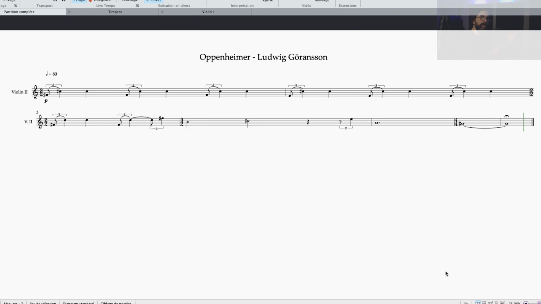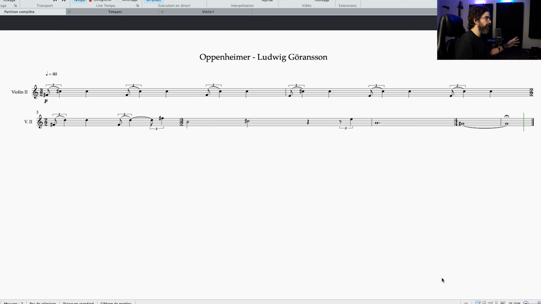Okay, so today we're starting off with one of the main themes of Ludwig Göransson from his music for Oppenheimer. I adjusted it a little bit, but this is a melody that's originally being played on a string with almost no vibrato, and behind it there's other stuff. But what was interesting for me here was the melody, and I wanted this heterophony exercise to be based on